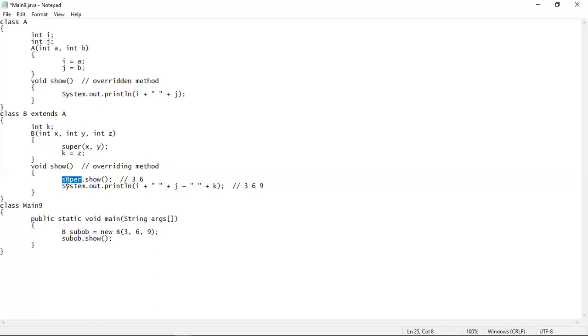But remember that you have to write down the statement inside the subclass version of the show method. You cannot write it down inside the main class, because the main class is not the subclass of A. So super keyword will be invalid here if you write it down inside main.